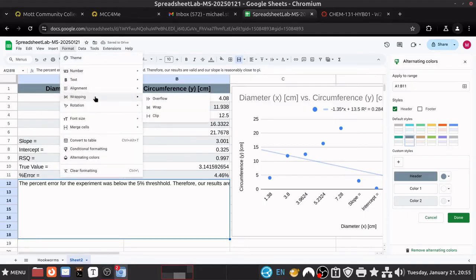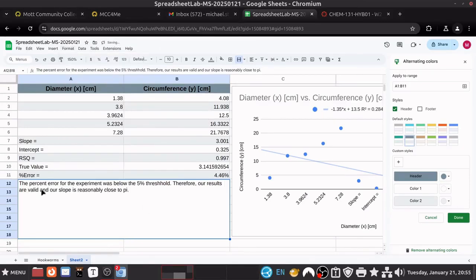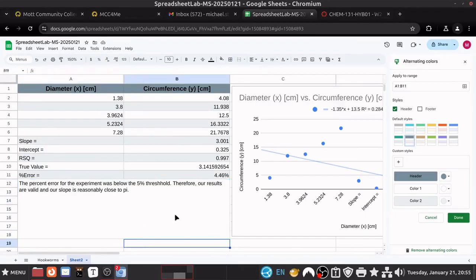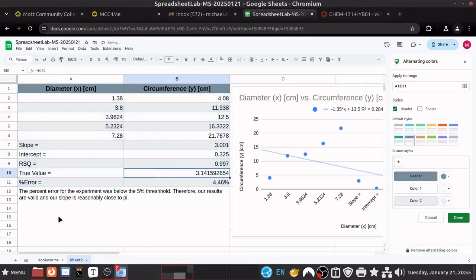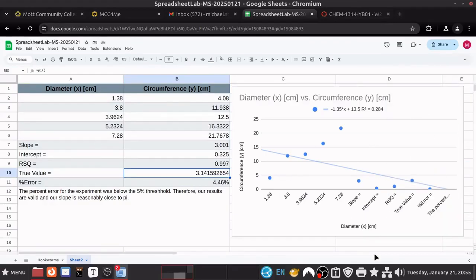And then if we come to wrapping, we can wrap the text, meaning it will stop and come back around. We now have all of the things that we asked for. We have formatted this in a reasonable way that looks nice. We're answering the question, and we have a nice graphic over here